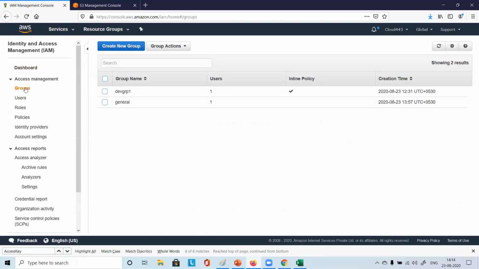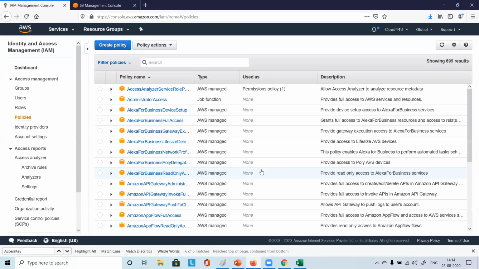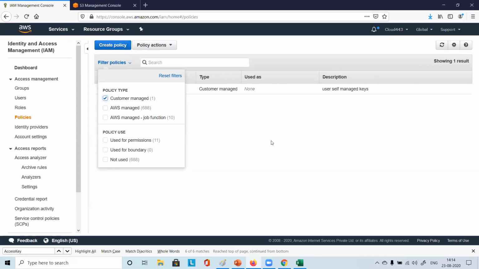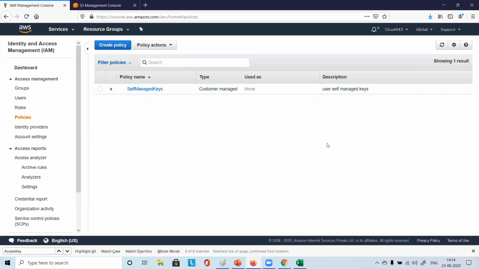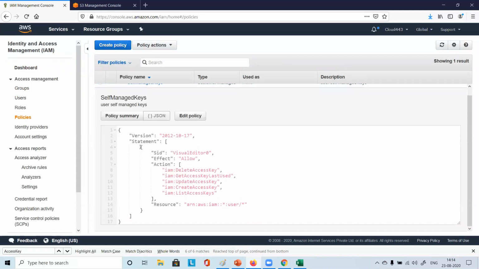So you see this. Maybe you can attach to any of the groups, or maybe to any of the users. But you just see whether the policy is listed or not at least. So here you just say customer managed, and then you see this one came, right? Just click here. You see this self-managed policy.